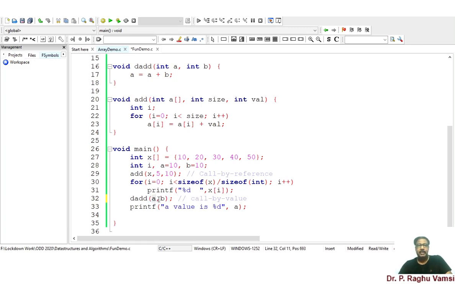In the case of a and b, they are normal data values, a is equal to 10 and b is equal to 10, that we supplied to dadd, which is call by value. So these two are the popular parameter passing mechanisms available in C programming: call by value and call by reference. The default parameter passing mechanism used in C programming is call by value.